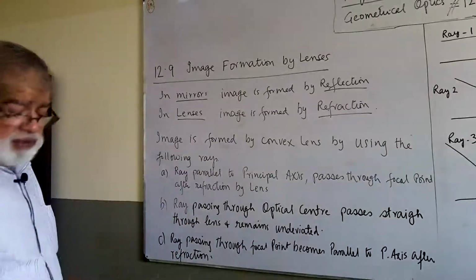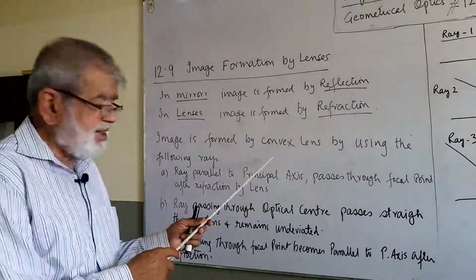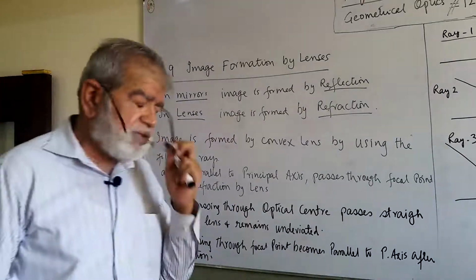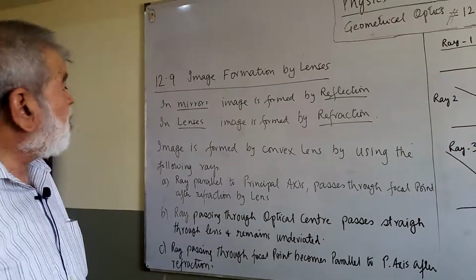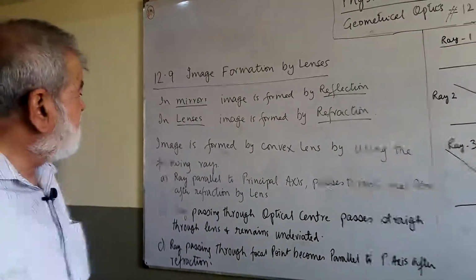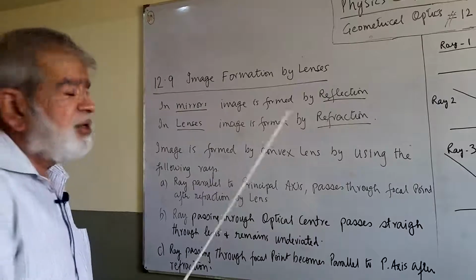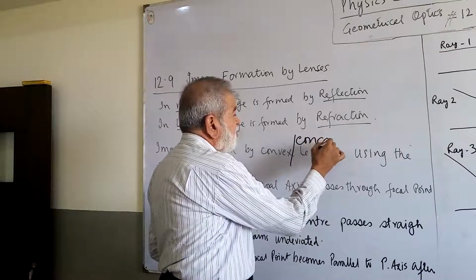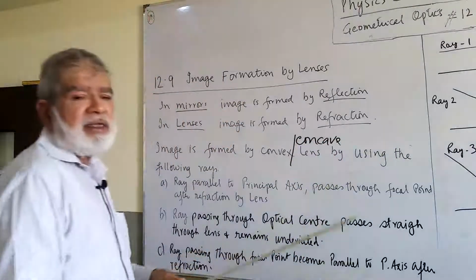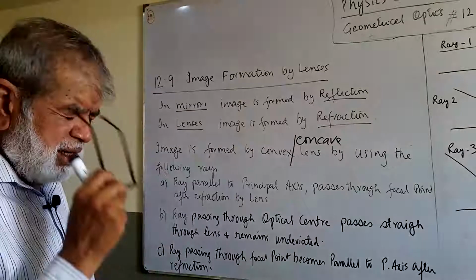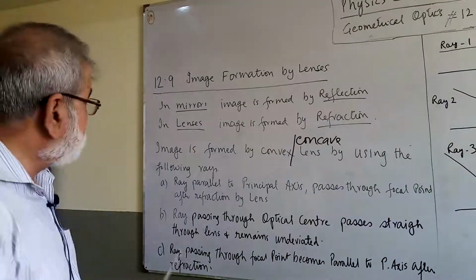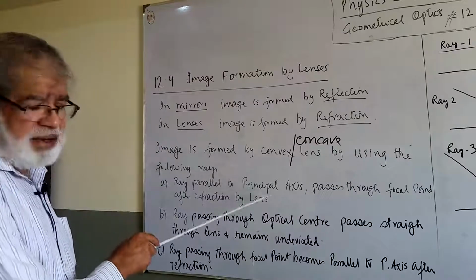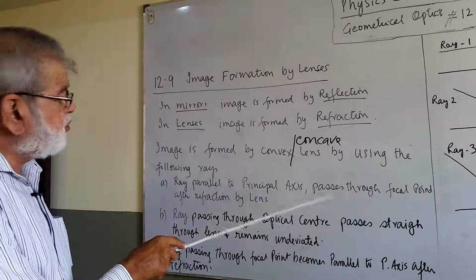Now, image is formed by a convex lens by using the following rays. Three kinds of rays are used by a convex lens or any kind of lens, even a concave lens. Both of them use these three kinds of rays to form an image. The first is, remember this thing, a ray which is parallel to the principal axis passes through the focal point